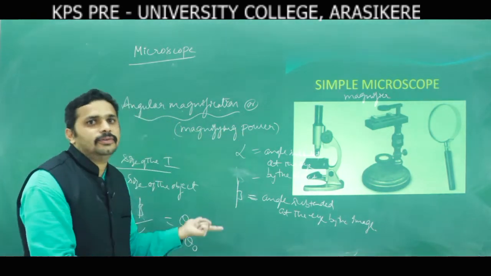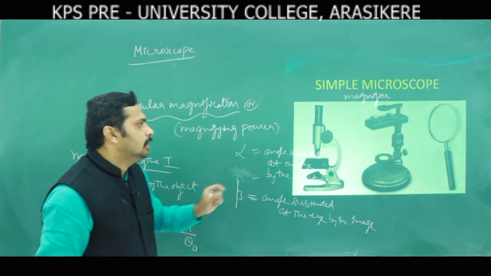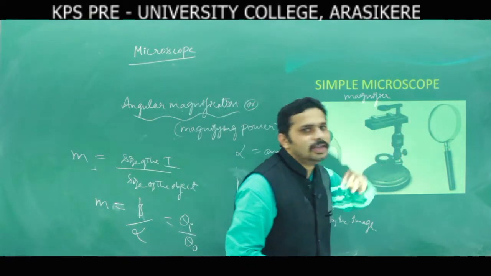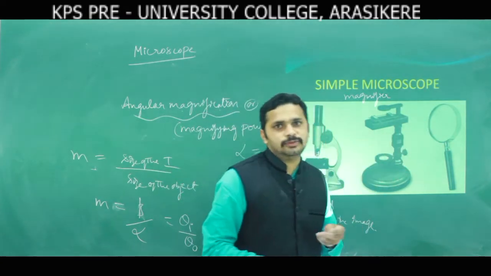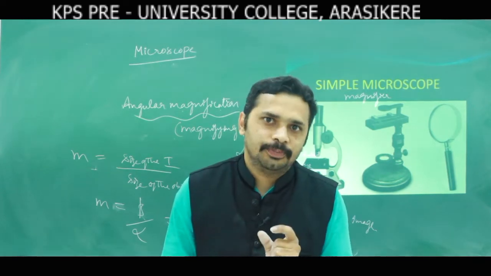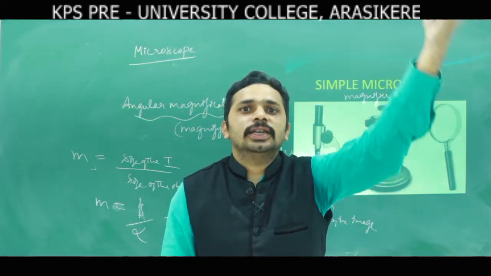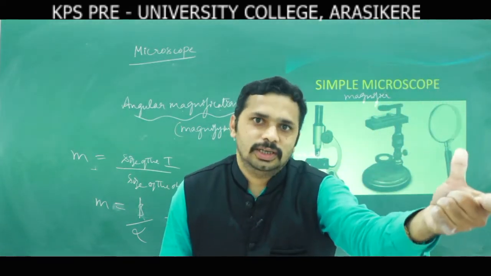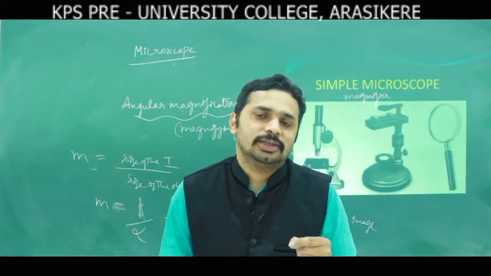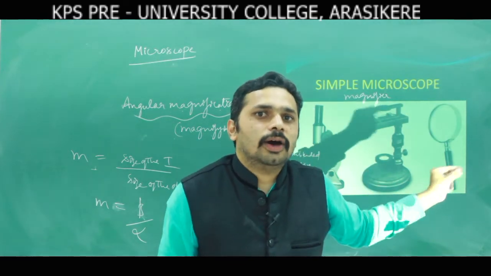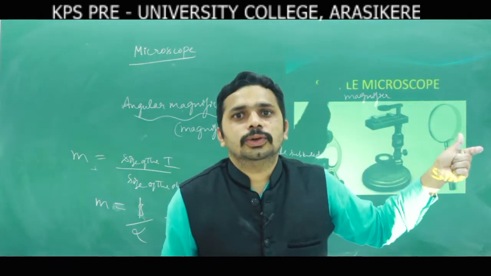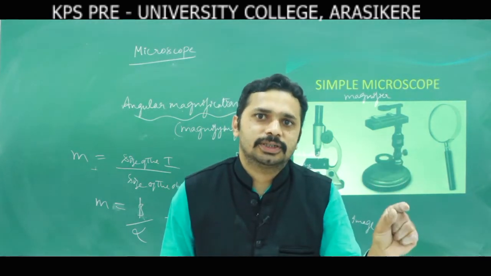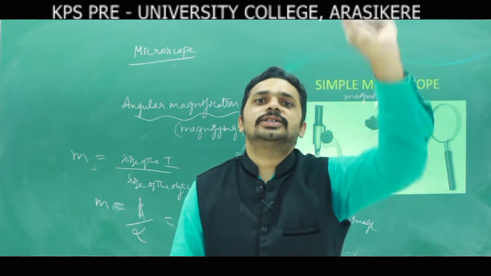Why is angular magnification also called magnifying power? Because in the simple microscope and compound microscope we are using devices with lenses, and lenses have powers. If the power of the lens increases, the magnification also increases, which means the angle also increases. That's why the powers of these instruments relate to the visual angles. By increasing powers, we can increase the visual angles.